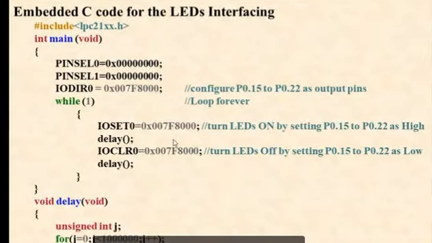So this is the code for LED blinking, all LED blinking. Okay, so #include <LPC21xx.h>. 21xx means you can use this code for any LPC starting with 21xx, which means you can use this for 2138 also and 2148 also.